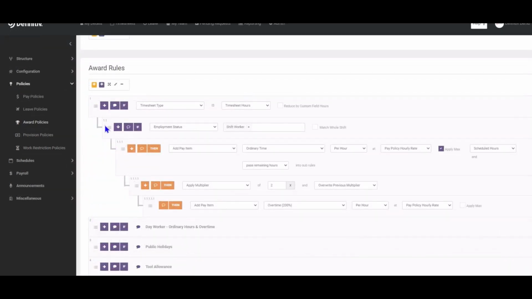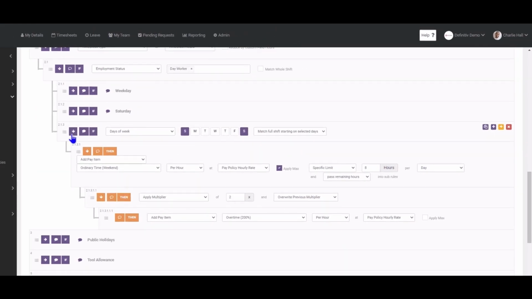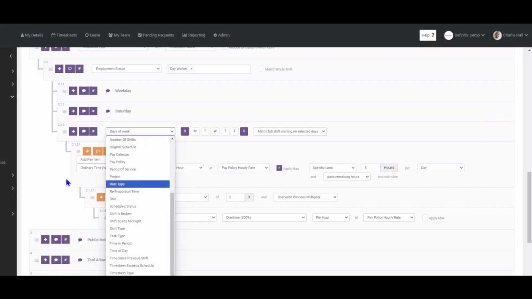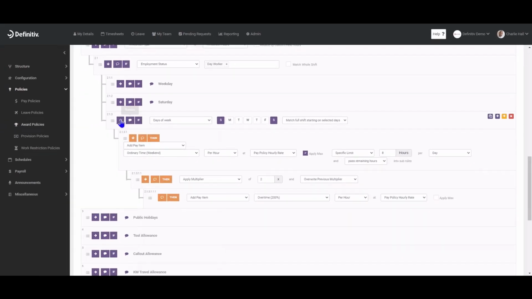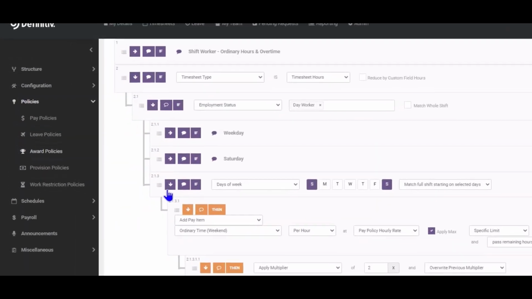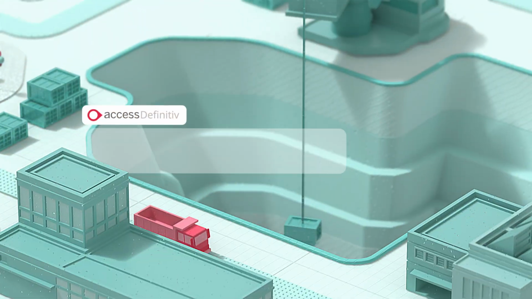You'll see they're created using if-then statements. So my ifs are the conditions, the scenarios that we're looking to identify. So you can see how we have different outcomes based on different scenarios. And Definitiv can look at loads of different scenarios, whether it be different types of day, different types of employees, different types of shifts that are being worked. We can configure different outcomes for all of these individual scenarios. And you can manage these awards yourself if you wish to, without having to consult the Access group for support. So if something doesn't seem right, we can always trace it back to why the system has calculated this.